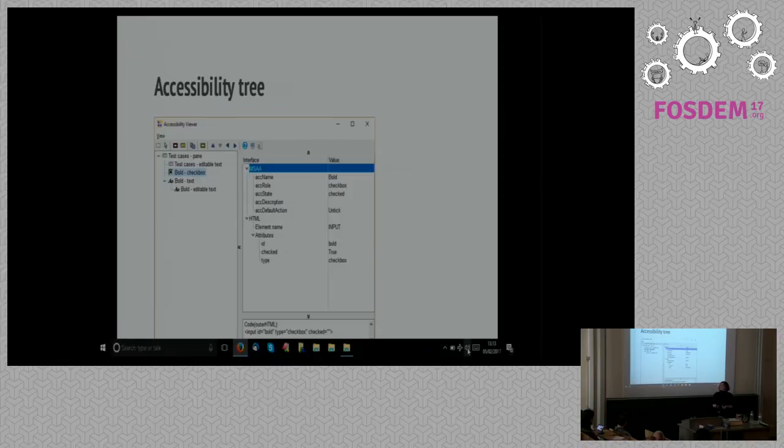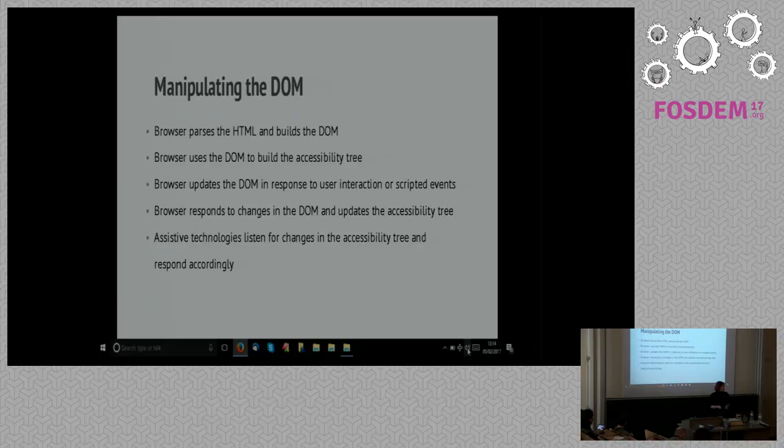So as the document is loaded into the browser, it simultaneously creates the DOM and the accessibility tree. And they are both hierarchical tree structures of the document in question, but the accessibility tree just contains accessibility information. So all the stuff we saw earlier about roles and names and states, that's information that the browser makes available in the accessibility tree. And what happens is that as the DOM gets updated, perhaps in response to a script